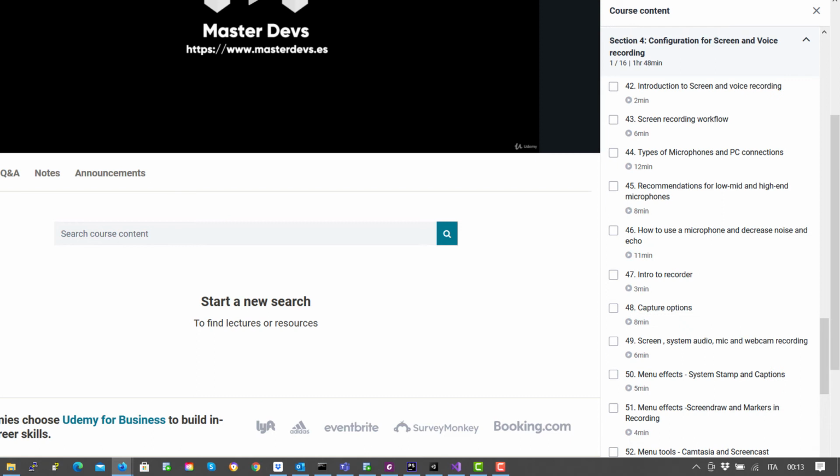The next thing that we're gonna delve into is configuration for screen and voice recording. This section is very important. Why? Because if we're gonna record a course where we're gonna talk like I'm doing now, we have to have